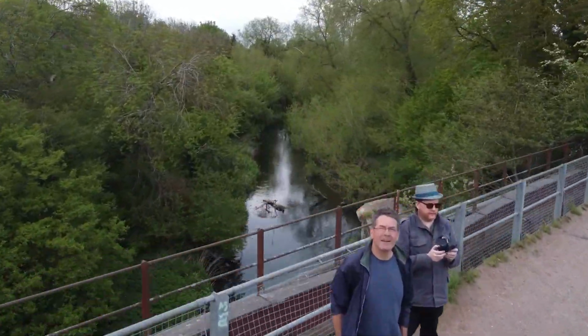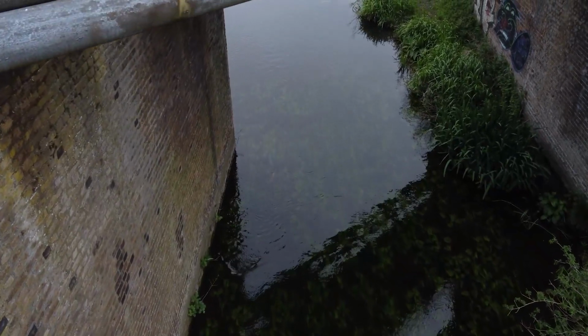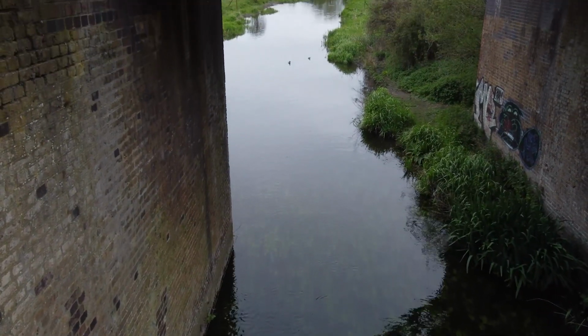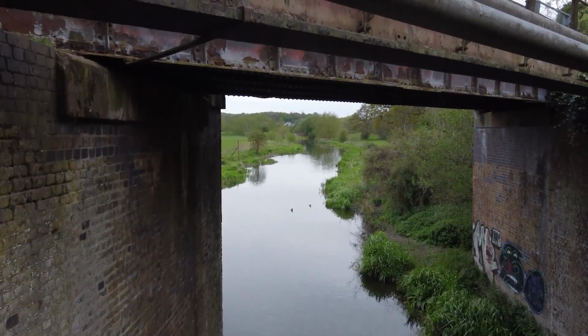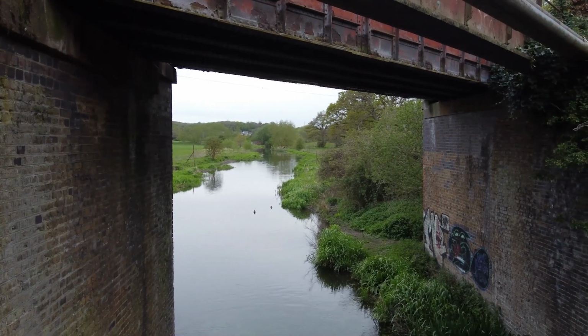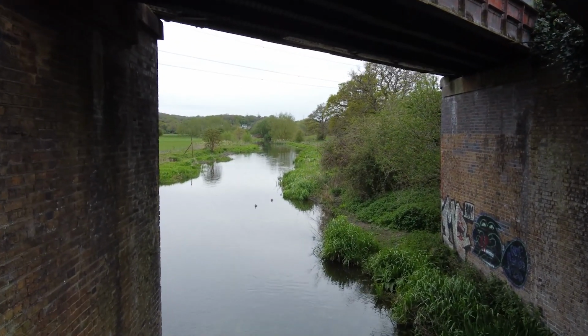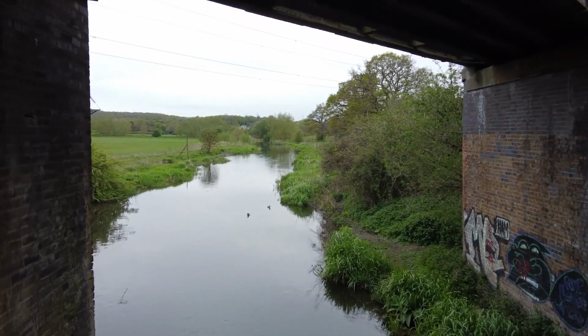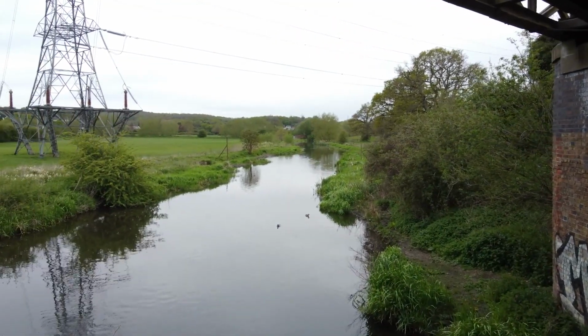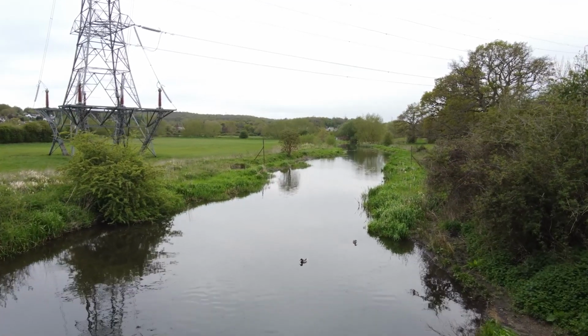So just going to pop over the bridge and then turn around and, trying not to bump into it, fly back underneath it. So a daring stunt. But yeah, this was taken a couple of years ago, when I was still very tentatively learning how to fly the thing. There were some ducks which provided us with some nice aerobatics as we came down the river a little bit earlier,